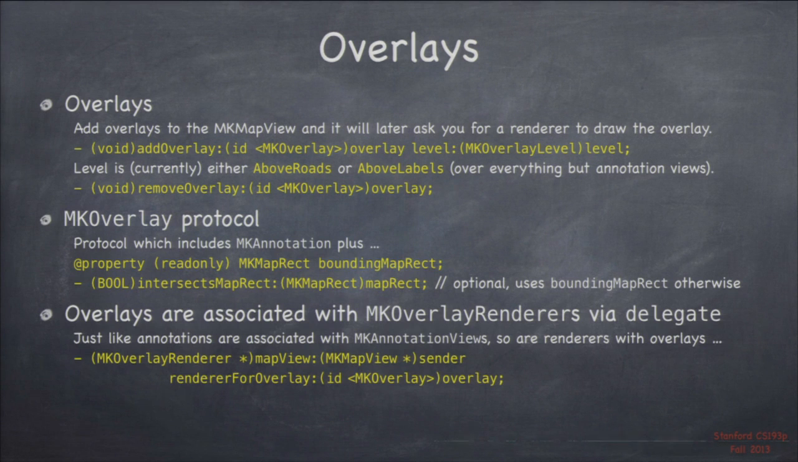So overlays are essentially descriptions of some shape that you want to draw on the map. So a polyline would be one, but you can also do circles, you know, arbitrary polygons, things like that. And the way this mechanism works is you create this shape, like an MKPolyline, you add an overlay, you see that addOverlay, the level there is whether it's above the roads or just above the labels, which is kind of on top of everything in the map. So you could have the polyline be on the roads and have things like the 280 symbol be above it,